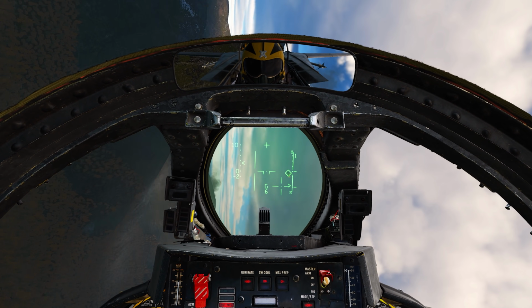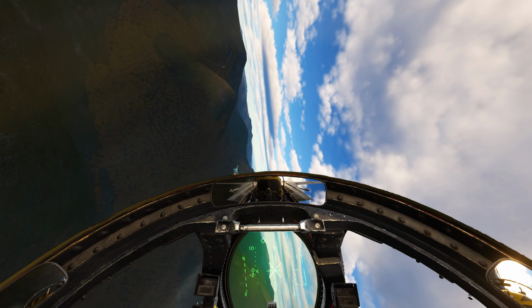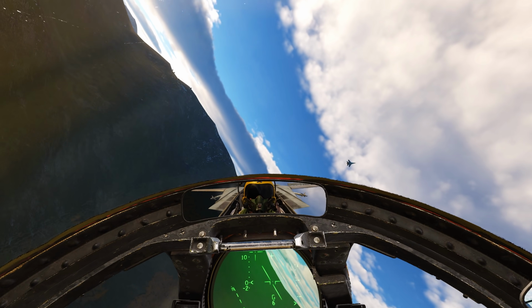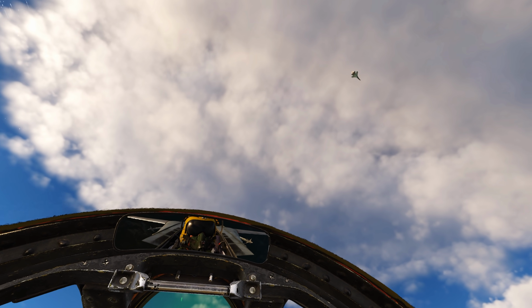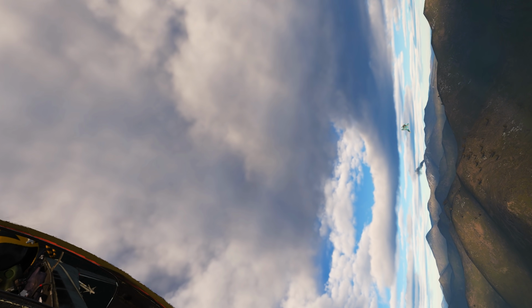And here we go. Come on. Come on. Look at that. He tightens that down, survives narrowly, and he's going to try to reverse that into the 1 circle. He wants to neutralize this fight. And this is one of the problems with the Tomcat in the 1 circle, the visibility is just not very good. I'm going to climb over his nose,